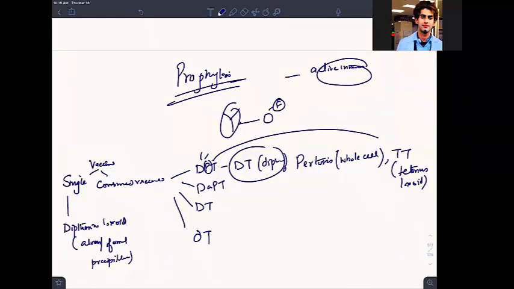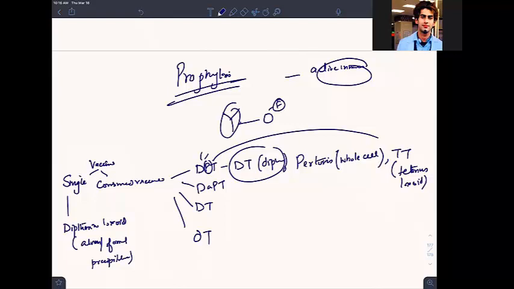You are not actually infecting yourself, but you are telling the body that if a situation like this comes, you give it a dummy dose. You tell it that this is the feature of the bacteria which is coming. If you have a diphtheria infection at that time, please produce these antibodies like right now you are producing with the vaccination. Are we able to understand?